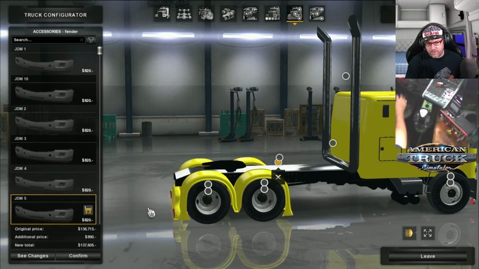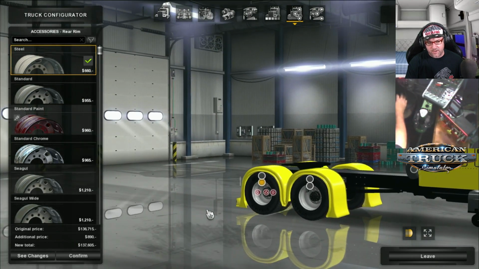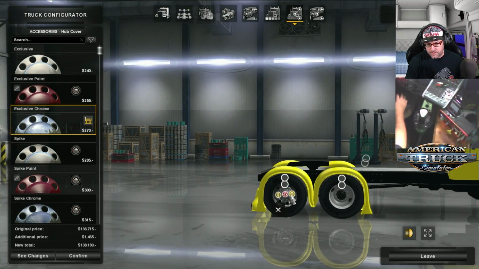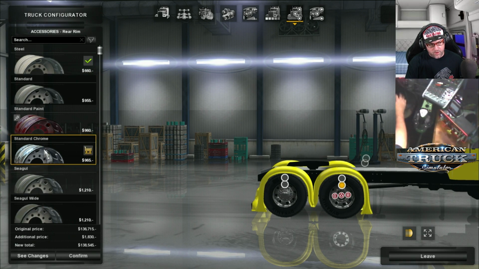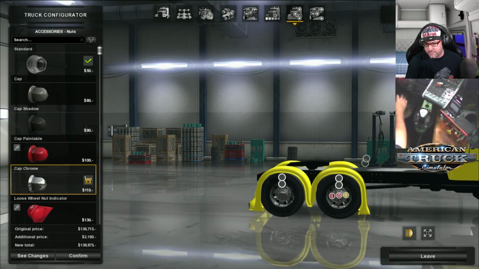So there you go. Then we have the wheels. Standard wheels. You got standard tires and standard rims. So it's just a matter of what you really want to put on here. I'm just going to put on some chromes and be done with it. There you go. Some chromes, standard chromes, put the cover on, and some nuts, paint your nuts, chrome boys, and